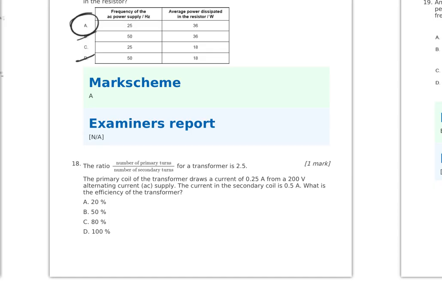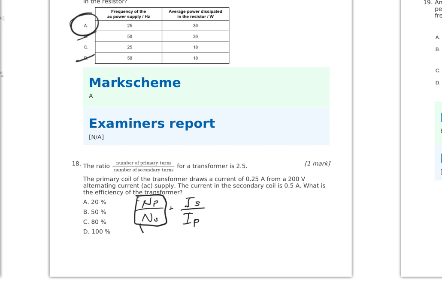Okay, 18. So for a perfect transformer, 100% efficient, the number of turns for the primary coil as opposed to the secondary coil should be the inverse of the current in the secondary coil over the current in the primary coil. But it's asking for the efficiency, and it actually gives the ratio of primary to secondary